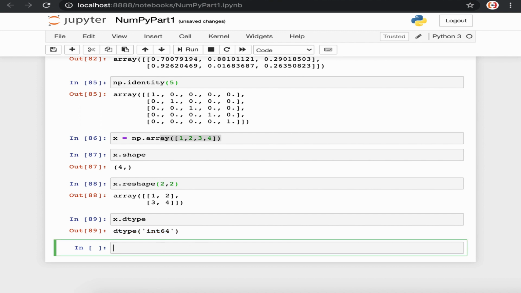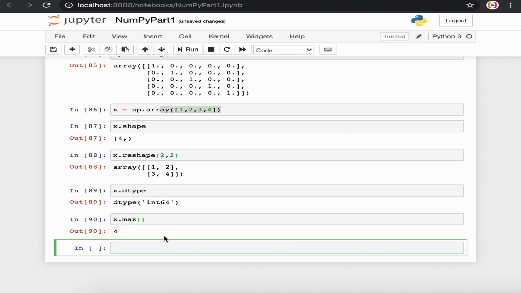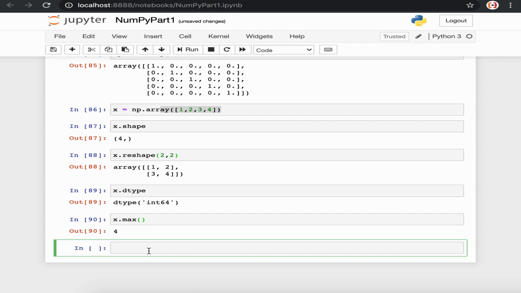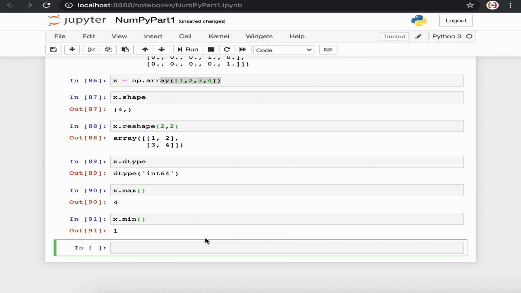To do that, if I execute this command x.max, it returns the maximum element of this array, which is 4. Similarly, to get the minimum element of this array, we can use the min command. Let me write this. If I execute this command x.min, we can get the minimum element of this array.